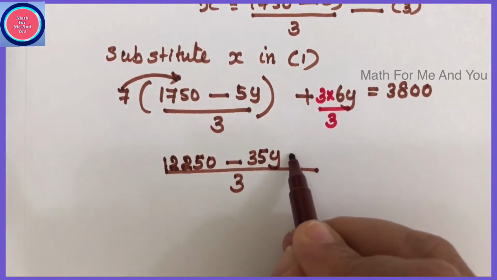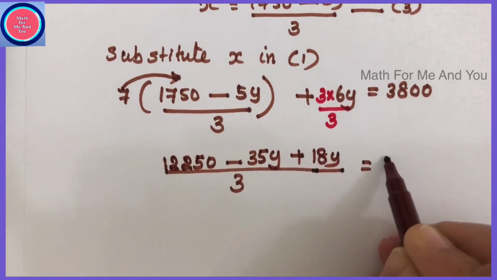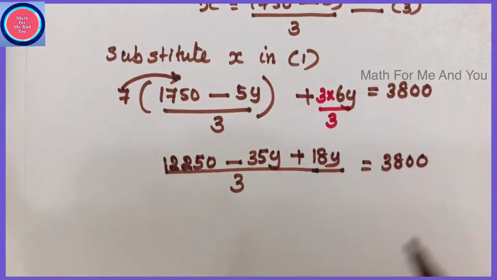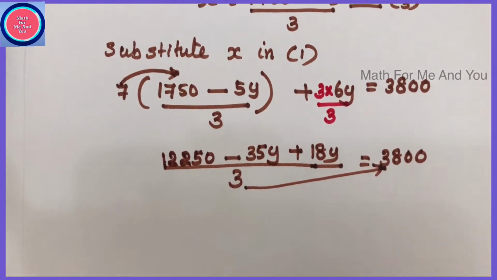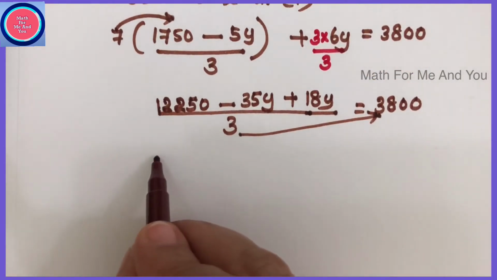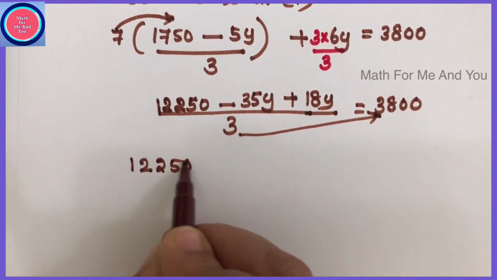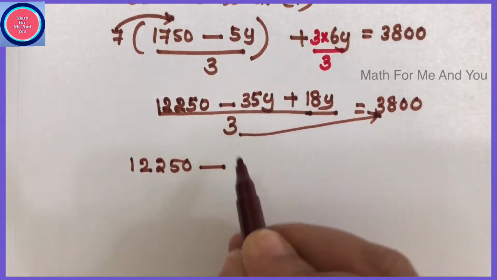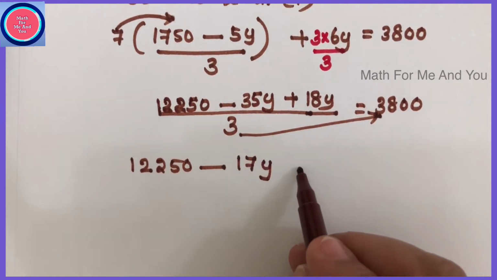Then plus 6 times 3 is 18, 18y, is equal to the right side, same, 3,800. The denominator we can shift to the right side, and it becomes times 3. On the left side we join the y terms: 12,250 the same, minus 35y plus 18y becomes minus 17y is equal to